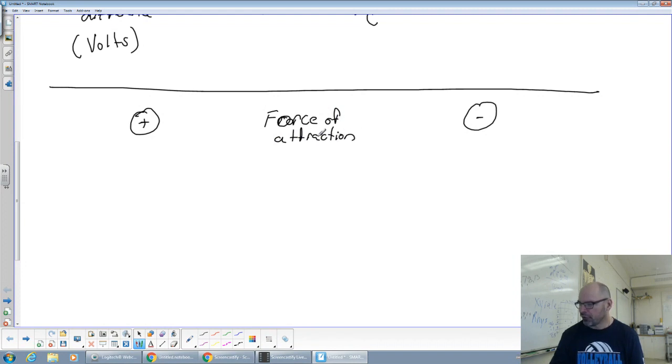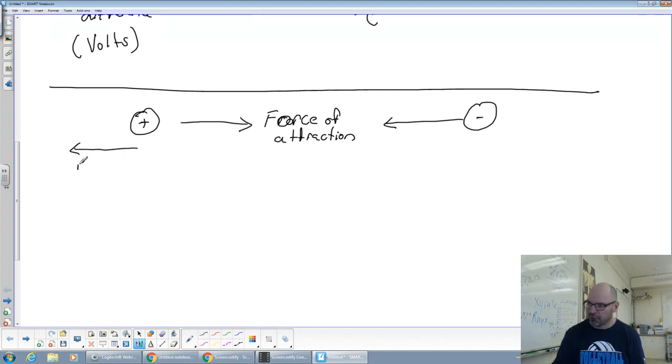So this positive charge is attracted by a force towards the negative one, and the negative charge is attracted by a force towards the positive one. So they're going to want to come together like that. So we have a force of attraction in there. If we want to take this charge and pull it apart,